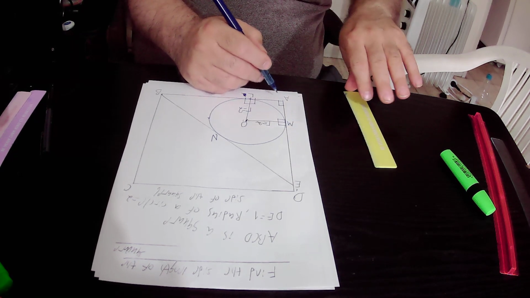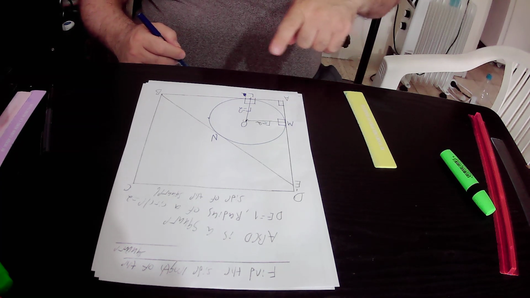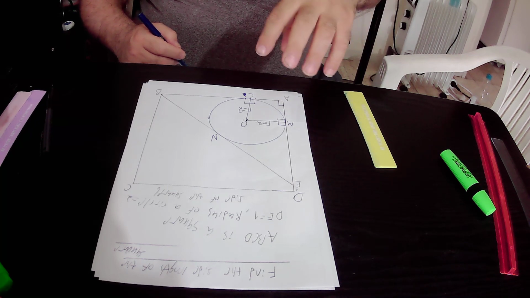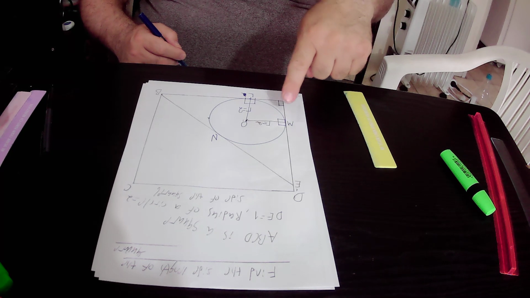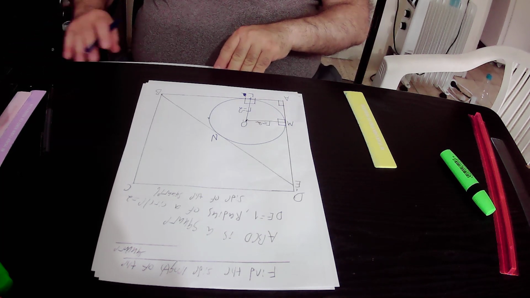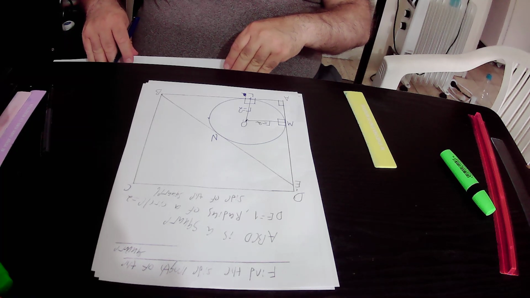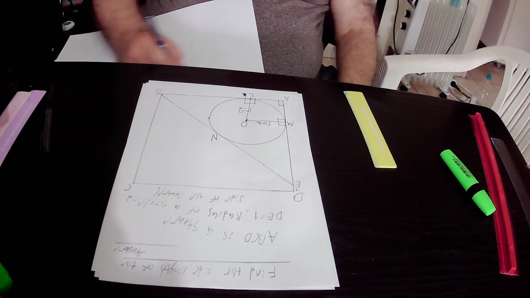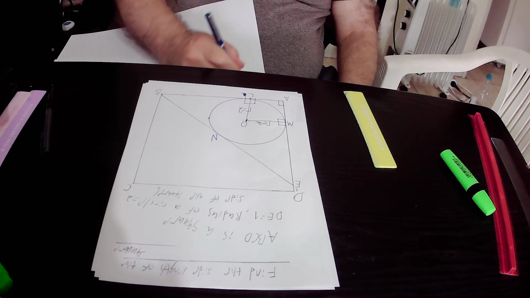So actually, in quadrilateral MOAN, we have 3 right angles. So I write it down. In quadrilateral MOAN,